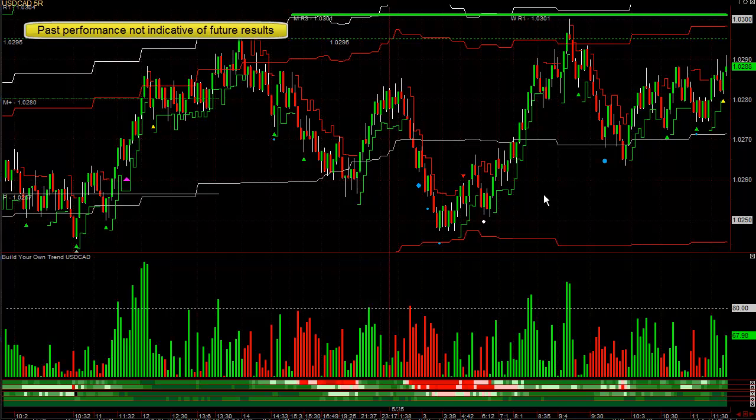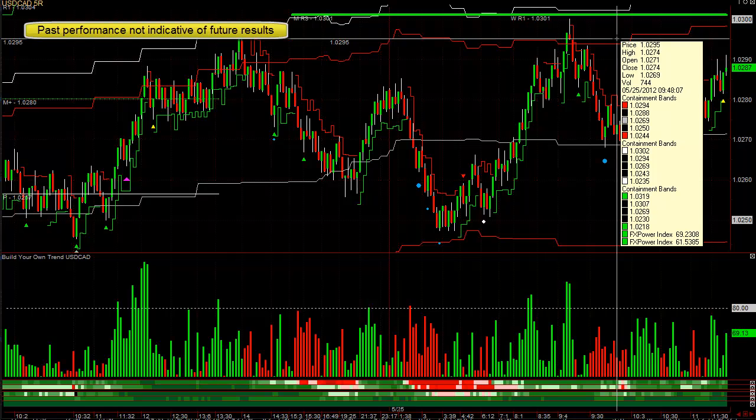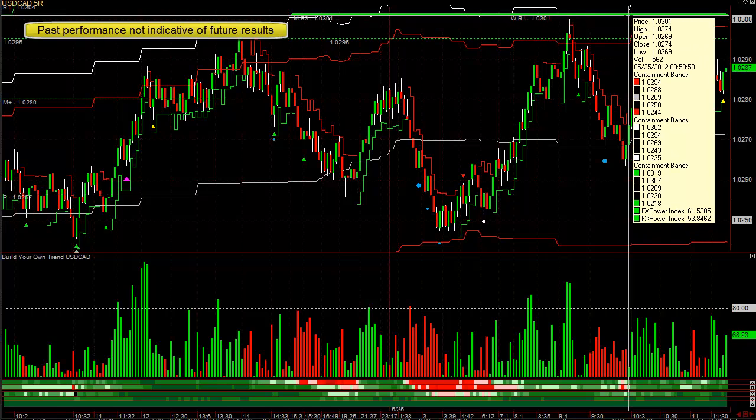Dollar CAD, we'll be looking for some buys. Unfortunately, this is the first one. It's right near the previous day's high. Your best bet is to look for entries that are not right in front of major resistance areas. Waiting for a pullback to the hourly moving average is a much better trade, because if it does go up, you have the previous swing high, the previous day's high here at 95, weekly pivot and monthly pivot up here